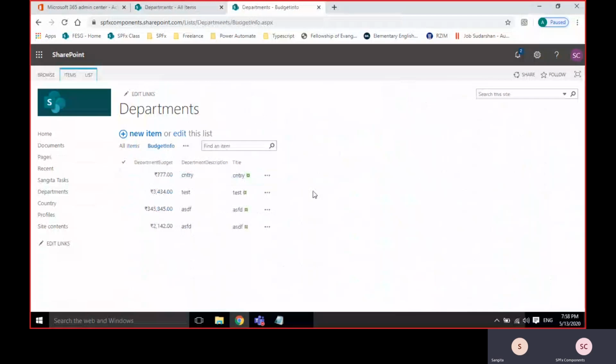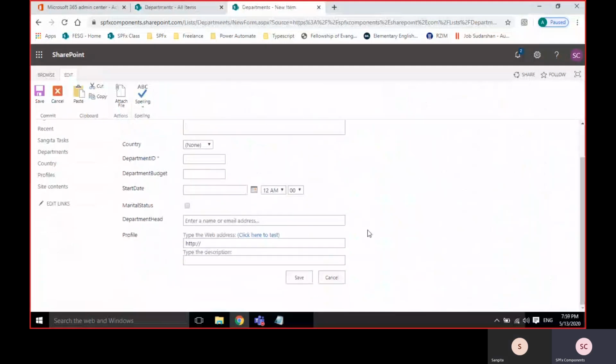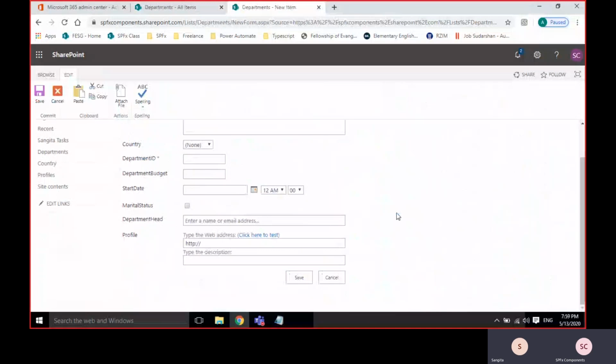We want to know what InfoPath forms contain. InfoPath is like, when I create a new item, the customer will ask, boss, I want the look and feel to be completely different. So we can drag whatever we want and do it in InfoPath. We are going to work on the list with InfoPath. What is the difference between InfoPath and this? We can do a little bit of customization in InfoPath.